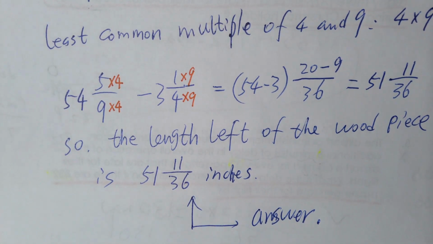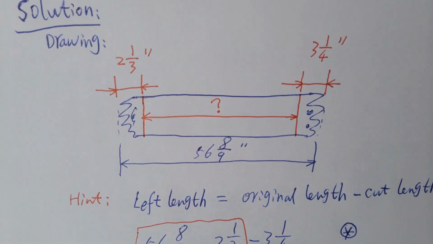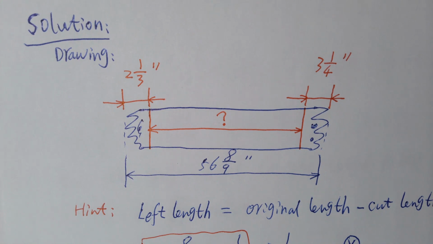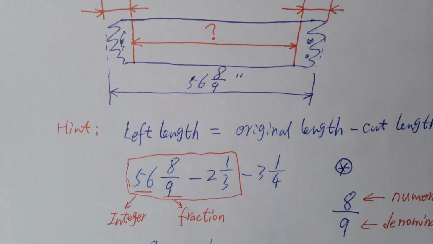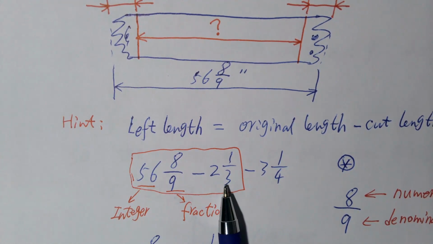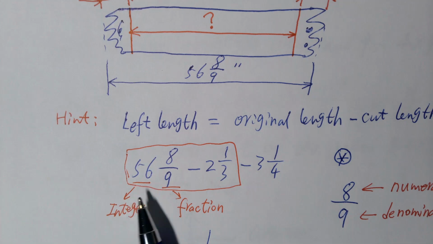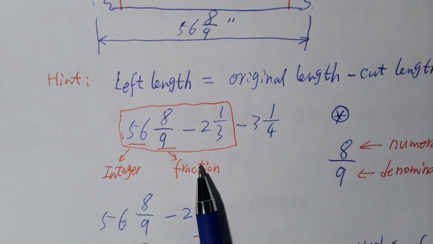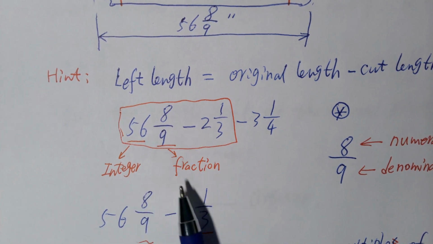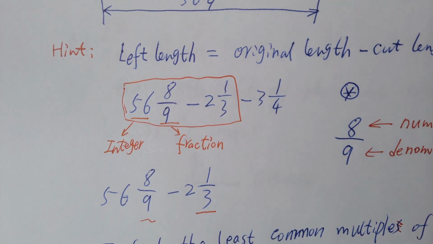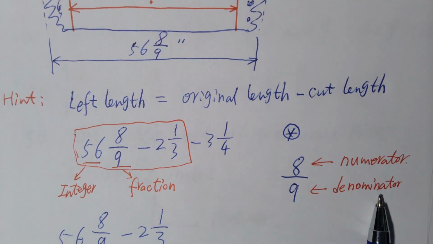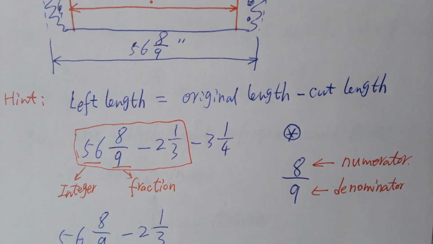Okay, so let's do a quick review. For this problem, first we used our drawing method to understand the relationship between the different lengths. Then we wrote that relationship into this formula to find the length that is left after these two cuts. In order to do the deduction, we have to do deduction on the integer part and the fractions. Deduction of fractions can be a little bit complicated because we have to change the denominator so that the two fractions will have the same